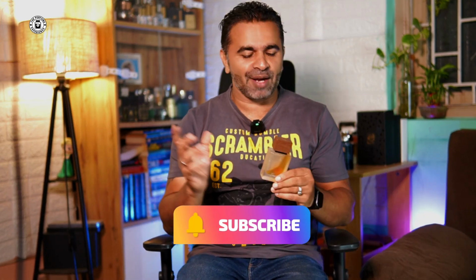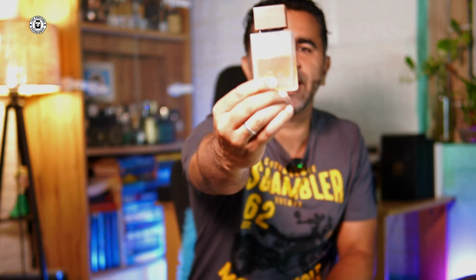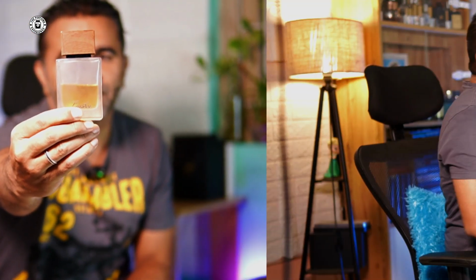But otherwise, just coming back to the fragrance, yes, a very tart fragrance that can be worn for bike rides, it can be worn for parties, and for winters this is going to be a fantastic fragrance to consider. So if you're looking for a very beautiful leather fragrance that's done in a little bit of an animalic way, tart way, and with a little bit of woody elements, then definitely consider getting Leather from the house of Ahmed Al Maghribi. After Leather, another fragrance that's really wowed me, but I somehow don't have a full bottle of it,